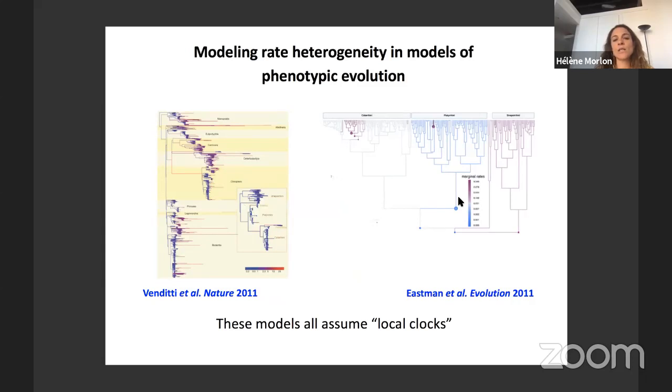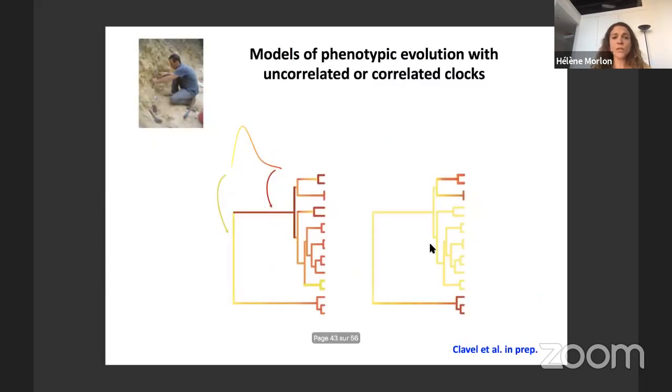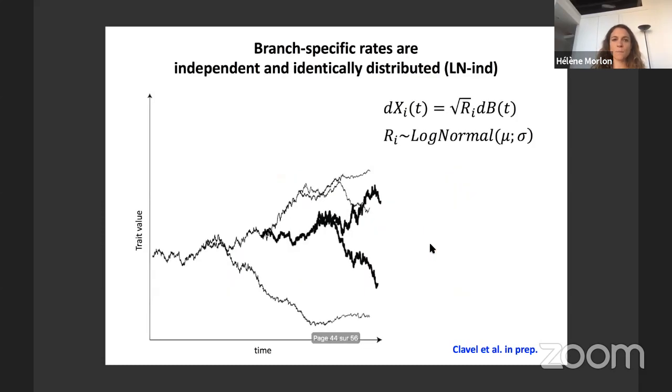For example, using reversible-jump Markov chain Monte Carlo to estimate the number of shifts that happen in a given phylogeny and where. But same thing, there is a need for models that are more similar to the correlated clock models, and so we started to